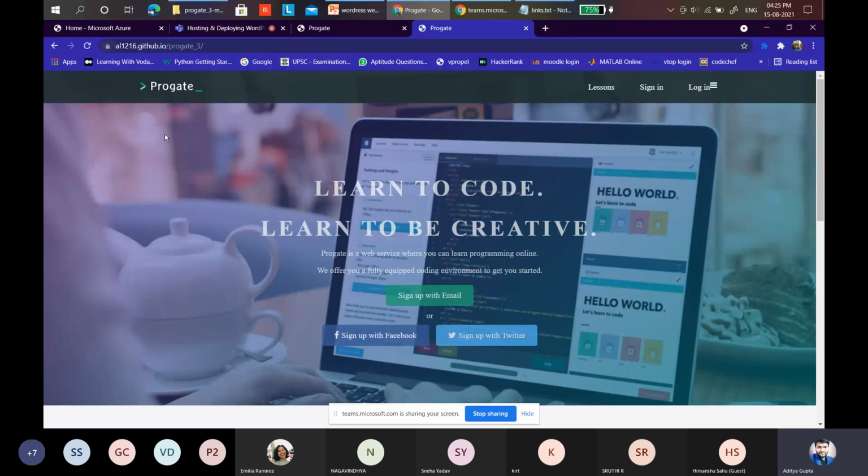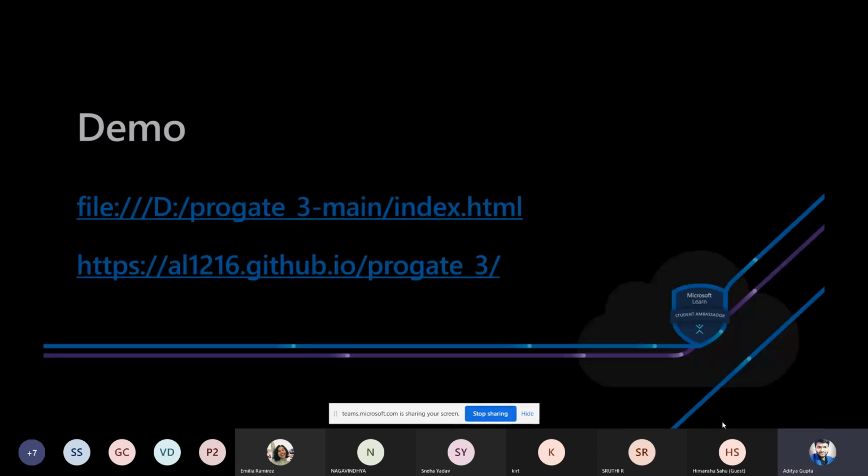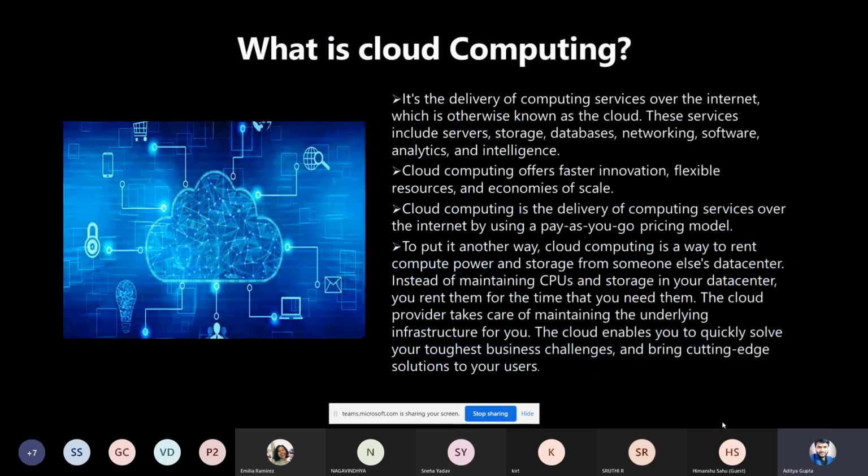So it's basically the development and deployment phases, starting from local and ending at live. Moving from one phase to the other comes under deployment. We are going to do it with the help of WordPress. So just beware, and we are going to rock it. Let me come to another part. What is cloud computing?